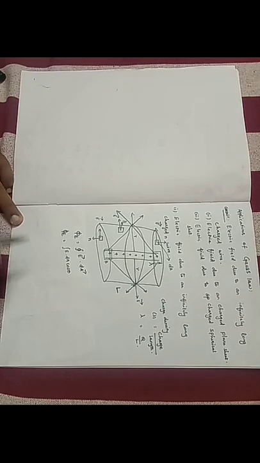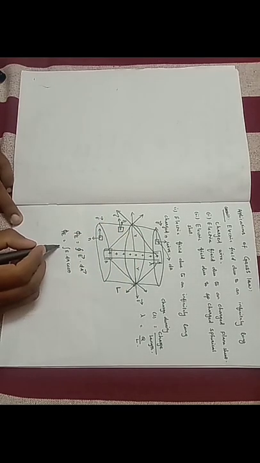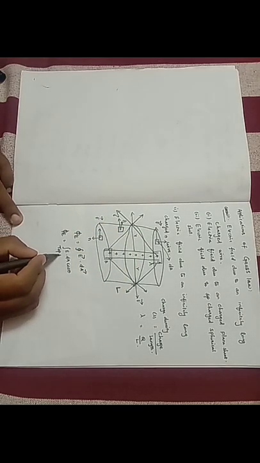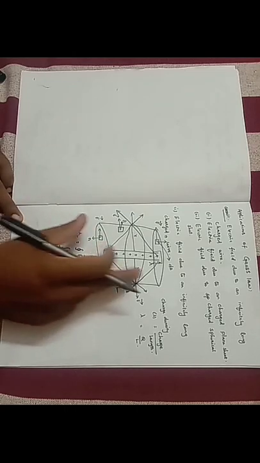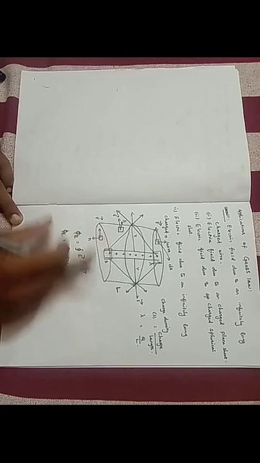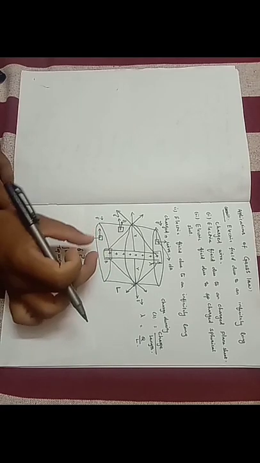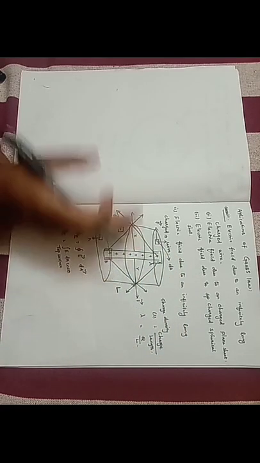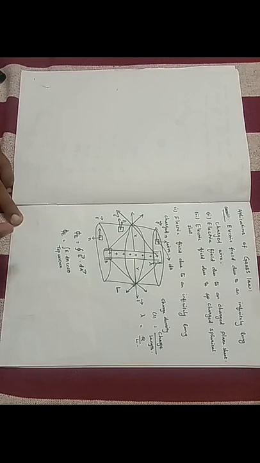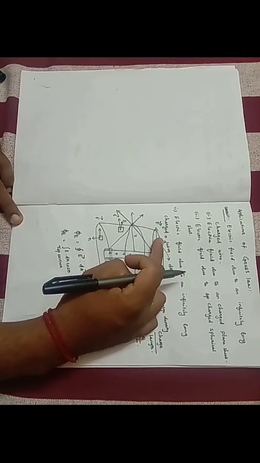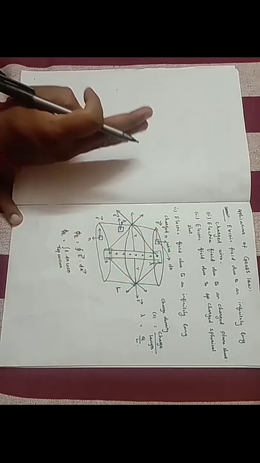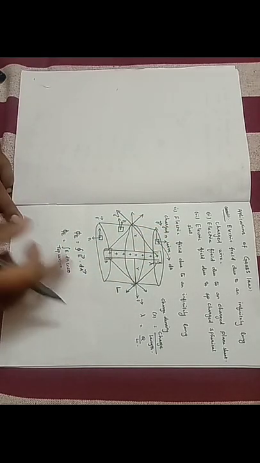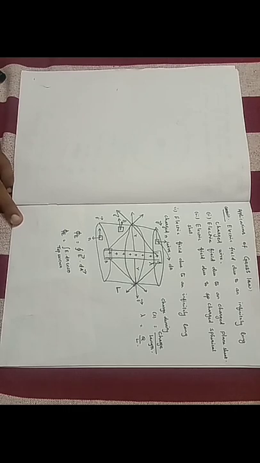From the definition, we take the total electric flux for the top surface. The top surface is not a closed surface. Only the cylindrical Gaussian surface is a closed surface. Here it is split into the top surface, bottom surface and curved surface. So we determine the total electric flux for the top, for the bottom, and for the curve. Then we add these values to calculate the electric field due to an infinitely long charged wire.